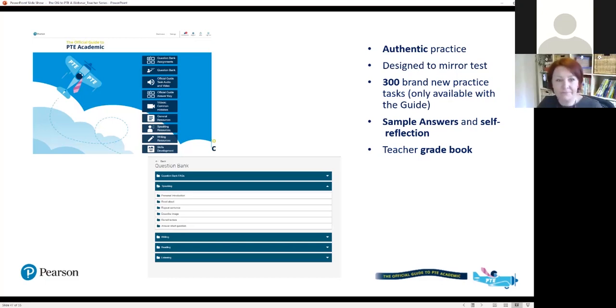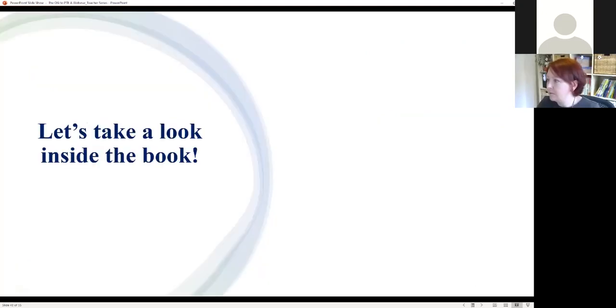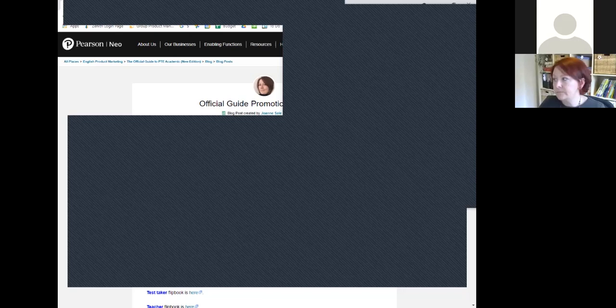So let's take a look. I know that you must be eager to see inside. So I'm just going to try to share my screen. Oops, and I might be sharing the wrong screen. Okay, looks like we're just about there. Yeah, I think I've shared the wrong screen. I don't know where it's gone. Sorry, technical difficulty. Bear with me.